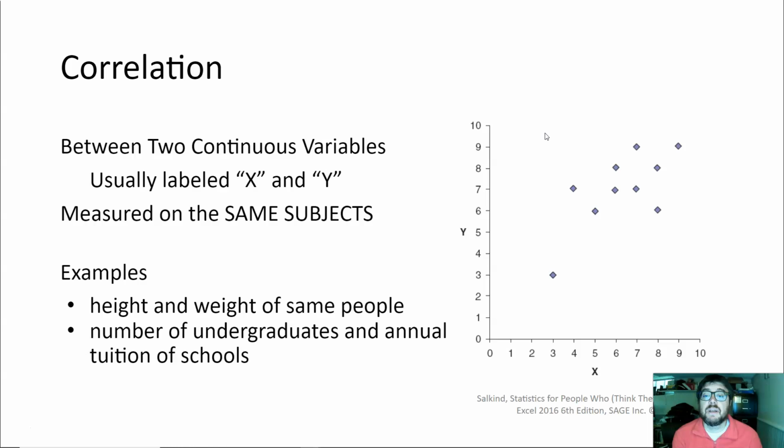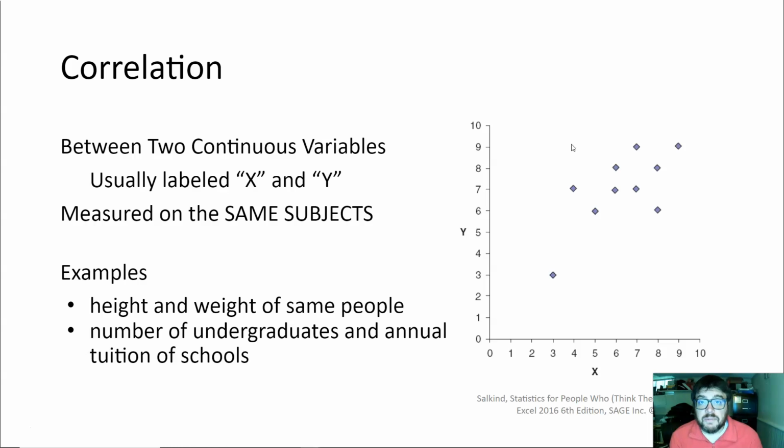on the same subjects. So we could talk about a correlation between the height and the weight of the same people, or a correlation between the number of undergraduates and the amount of annual tuition at schools. We couldn't talk about, for example, the correlation between the altitude of the highest mountains in a continent and the number of tacos that are sold in the cities in that continent, because those two things are not measured on